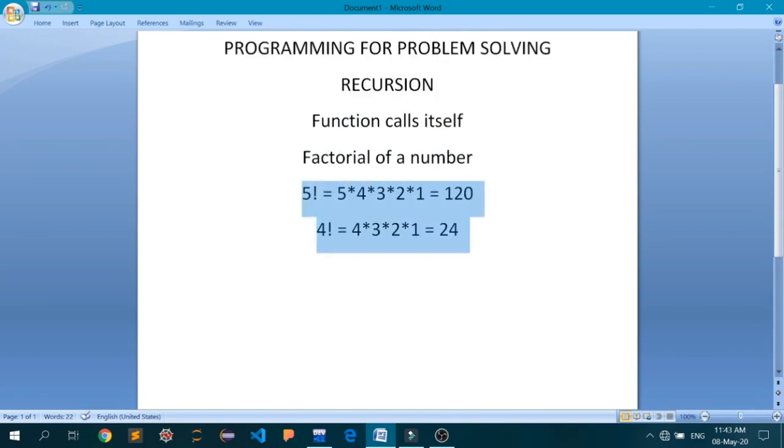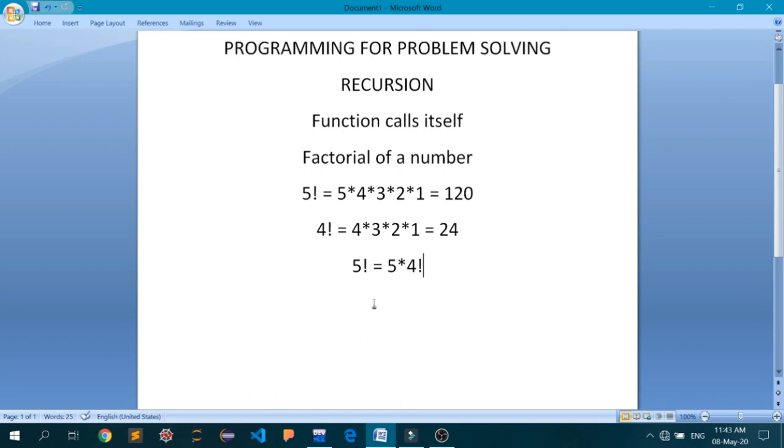Now focus on these two lines only. As you can see, there is a similarity in the calculations done for 5 factorial and 4 factorial. Look at this and look at this particular expression here. These two look exactly similar to each other. So can I write that 5 factorial is equal to 5 multiplied by 4 factorial?